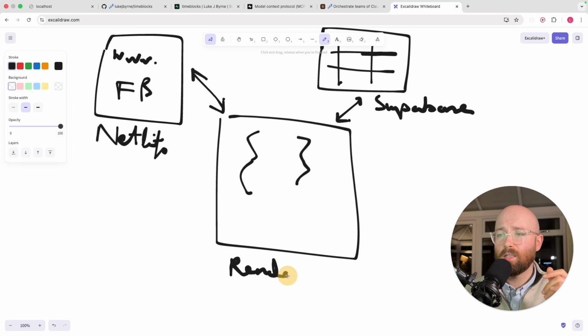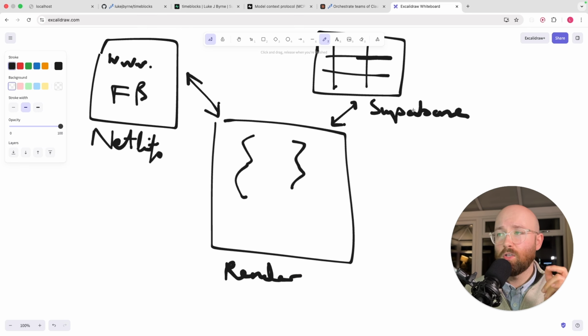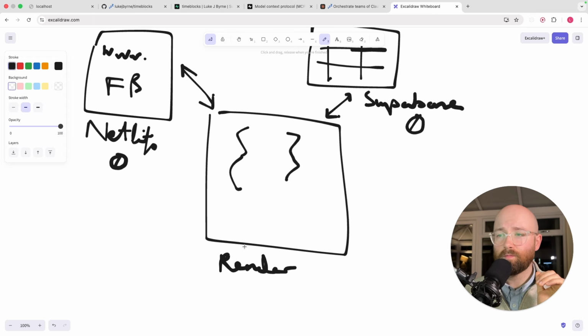Now you might be asking why. Well, Supabase, for what we're going to do, is going to be completely free. Netlify, for what we're going to do, is going to be completely free. And Render, for what we're going to do, can either be free or $7 a month. Now, free would be for,